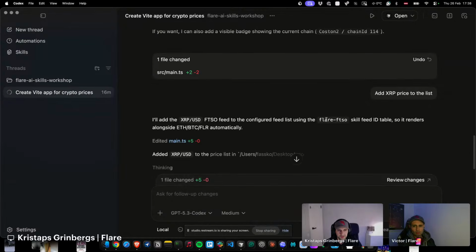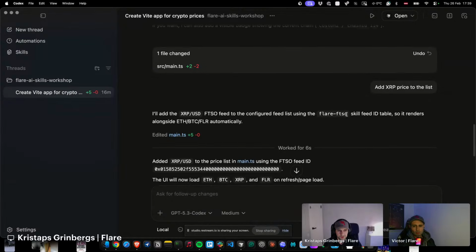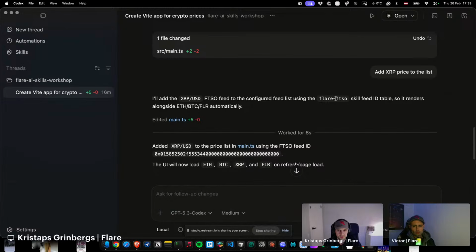So it again uses the Flare Time Series Oracle skill. So it already knows the context. Otherwise it would hallucinate and maybe come up with some weird outcomes. Like half a year ago, it was a much different story,